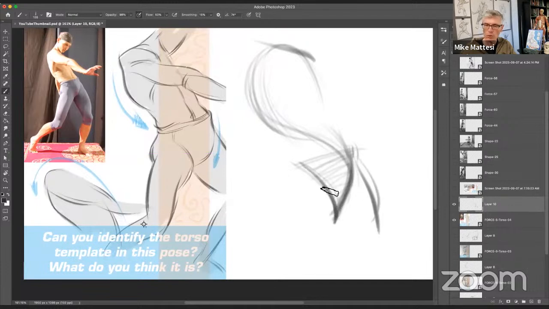So this is the V of the lower abs, right? You know, his rear end is here, so you kind of have this side view of the box over there. And I'm sweeping from here and pushing on that hip and the edge of the stomach and sweeping down to the crotch, basically. Right.